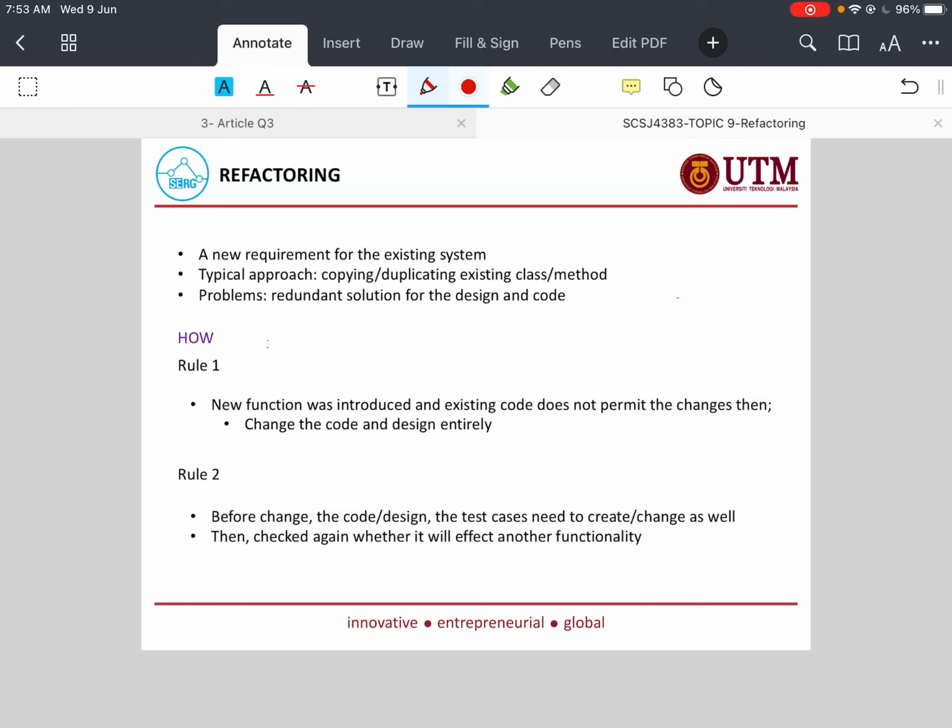In general, for the refactoring rules, the first one is that if you have a new requirement for the